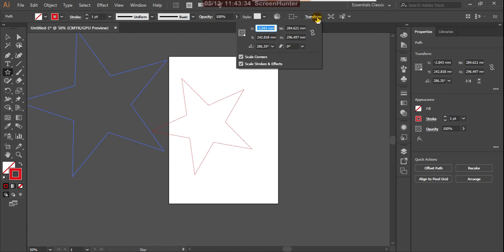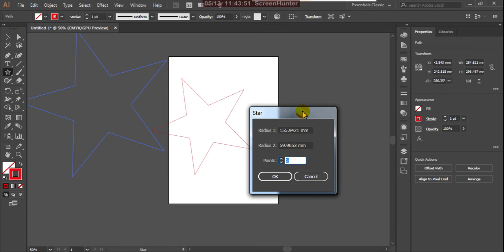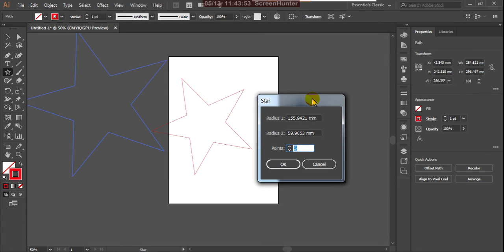Okay, and suppose in the transform again we have the options, and again here the shearness, the rotate, the x value, y value, we use all these things. Okay, and suppose you can double click on the tool, or otherwise click on that. There are the star values. Suppose the radius is 150 by